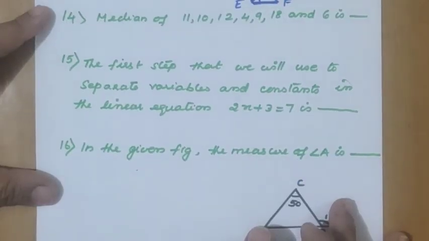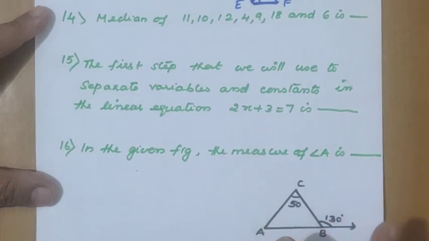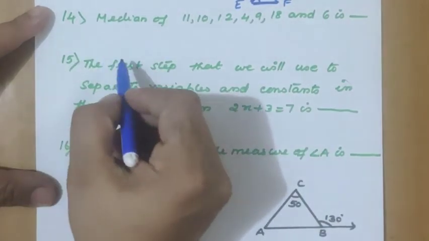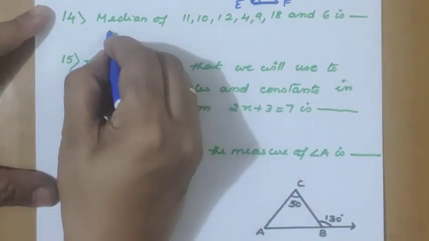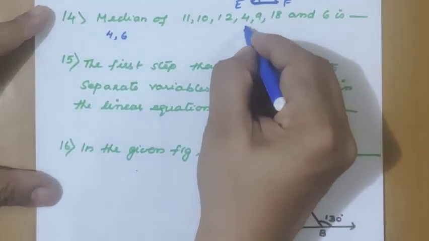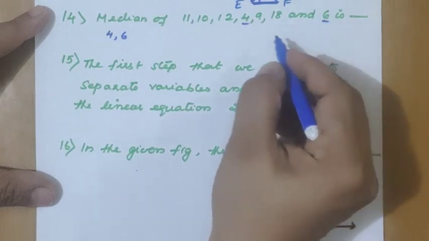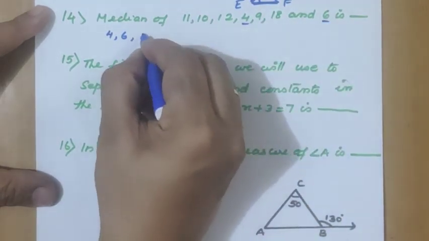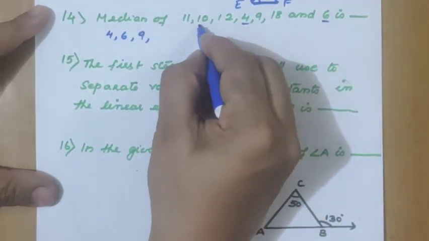Next question, median of 11, 10, 12, 4, 9, 18 and 6 is. Median means we cannot directly write. What we should do? We should write in the ascending order. So which is the least value? 4. After that is 6. So this is over and 6 also over. The next is 9 will come. So 9 I'll write. Then next number is 10,